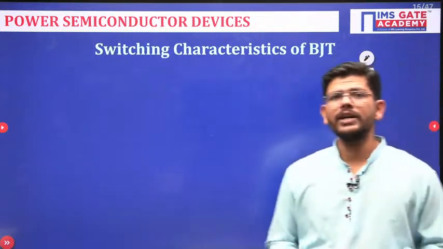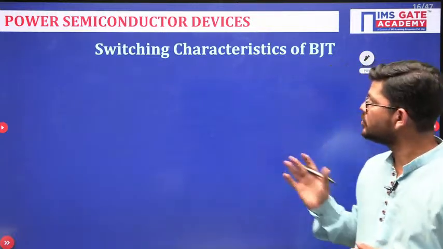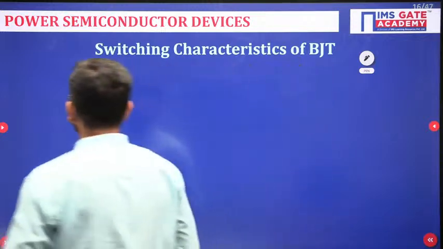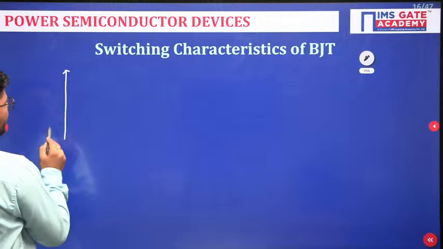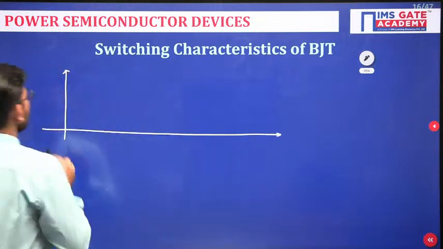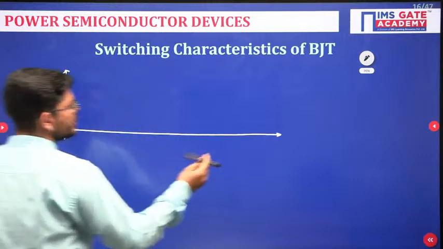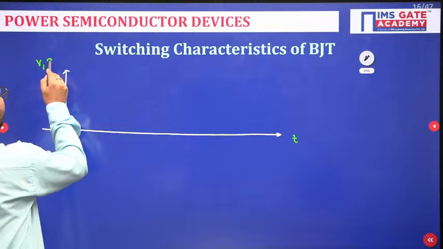Then another important topic from where you can expect questions in the GATE exam is the switching characteristics of BJT. So what is this switching characteristics of BJT? Let me draw the switching characteristic. So this is the time evolution, and this will be voltage and current. So just see,